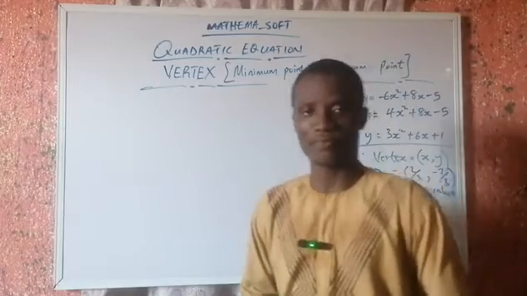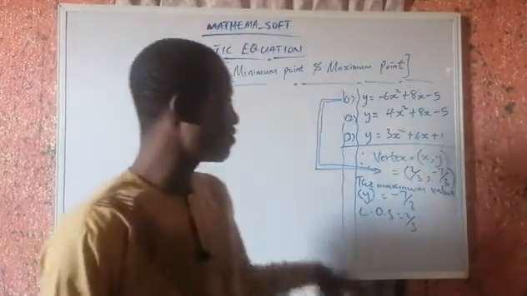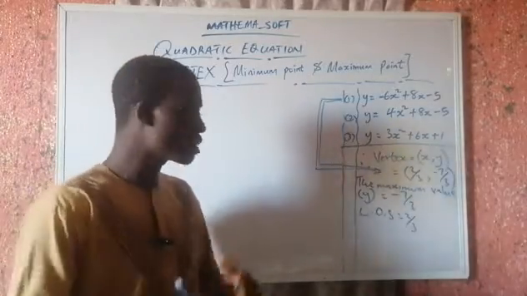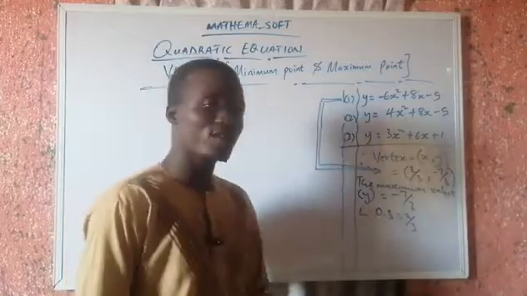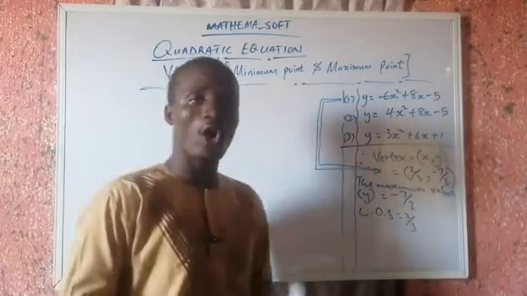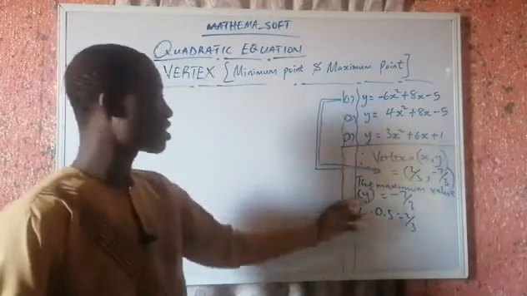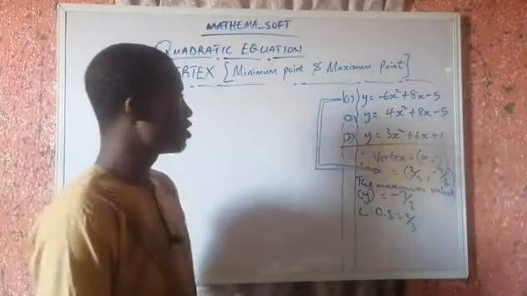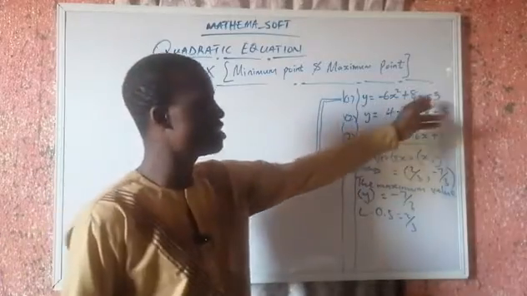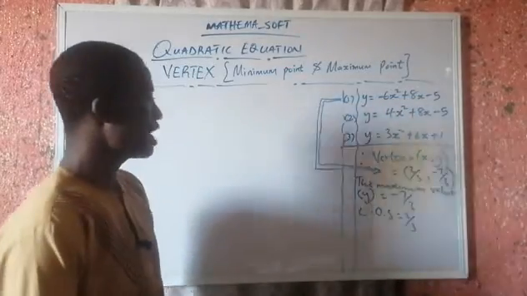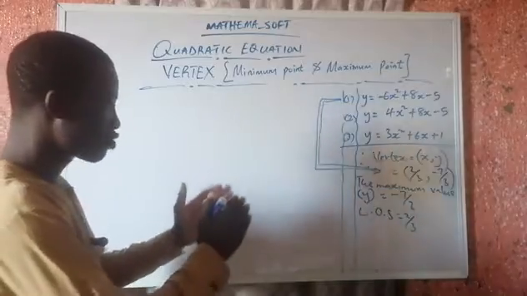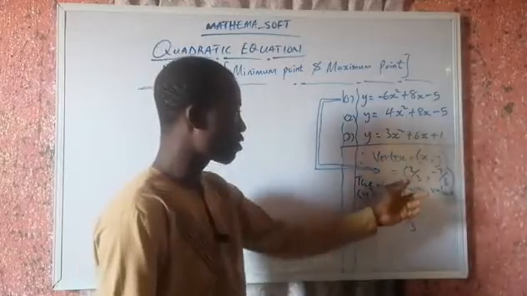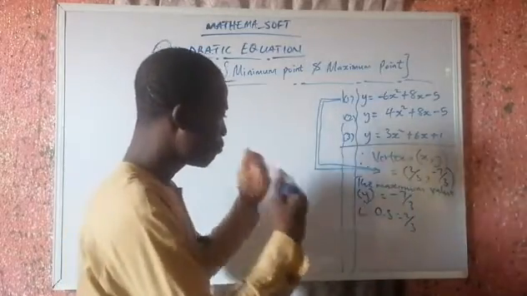Of the quadratic equation. From the previous video we looked at how we can find the vertex of the quadratic equation using the approach of the line of symmetry and also the maximum or minimum value, which is the y value. And in that last video, we used the first quadratic equation as an example, solving for the line of symmetry, which is the x coordinate of the vertex,